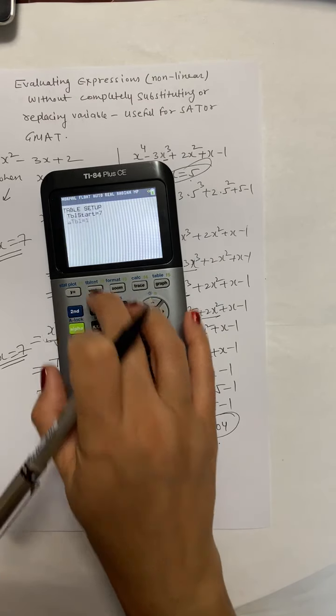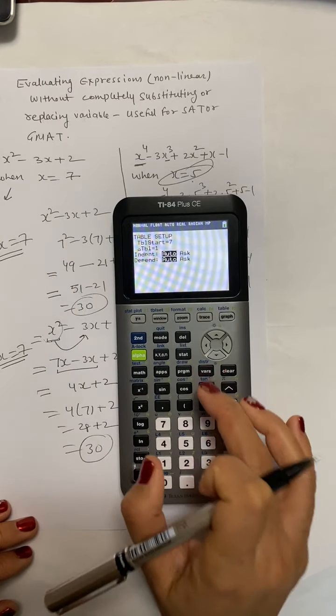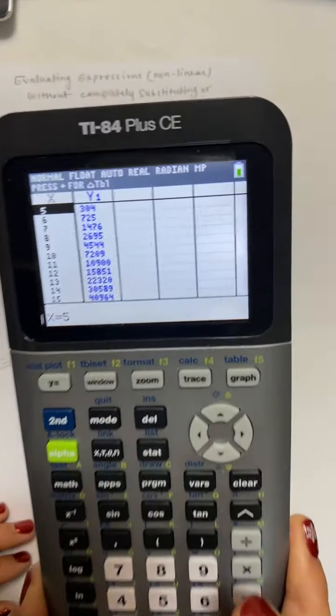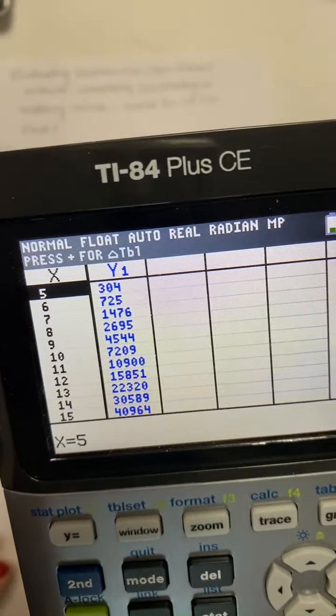And now I'm going to set my table at 5 and then go to table, and then you can see for 5 the value is 304, which we also got